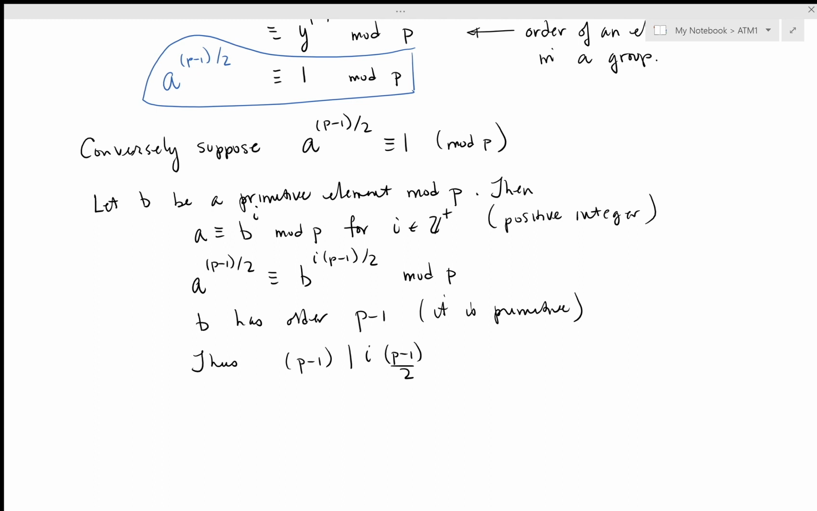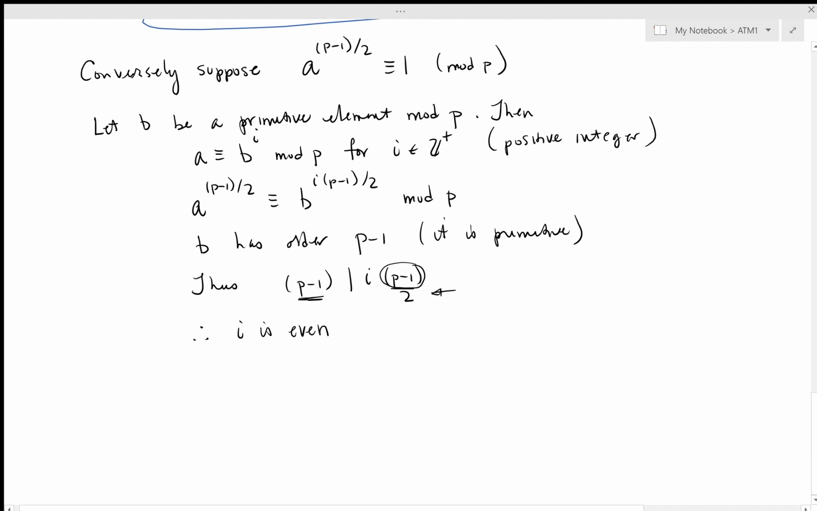That means that i has to be even, because we've got this 2 in the denominator, and p minus 1 is going to divide into it with a quotient of i divided by 2, and we know that this has to be an integer. So i has to be even, otherwise it won't divide in without a remainder. Okay, so i is even, and therefore